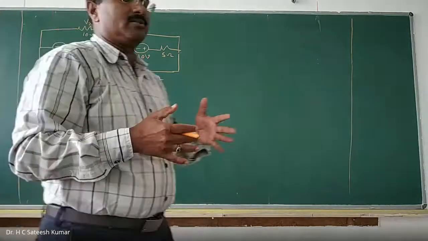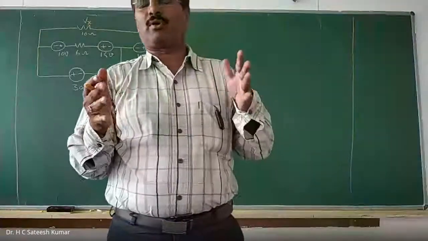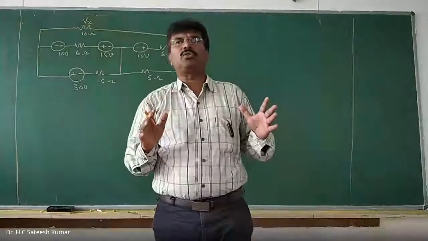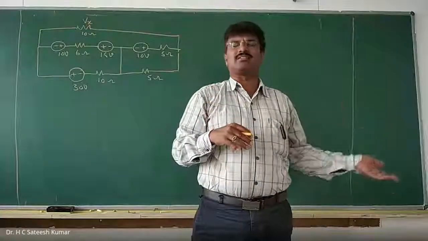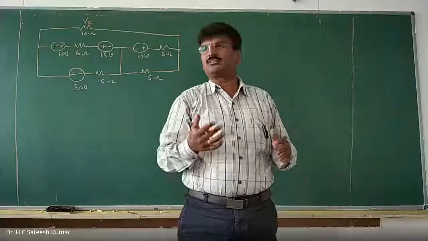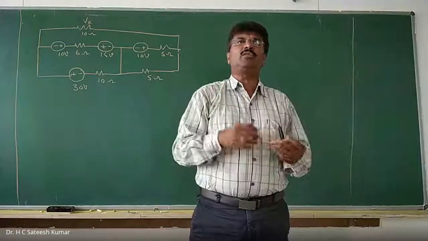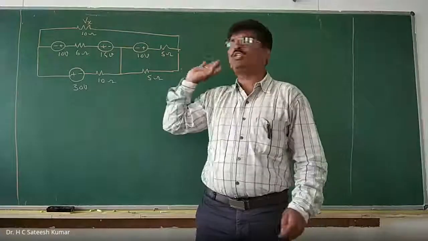Generally, for the problems I did before, what they have asked is to reduce the circuit into a voltage source in series with a resistance, or a current source in parallel with a resistance. But here is a problem wherein we are going to find one of the circuit parameters. Find Vx using source transformation.